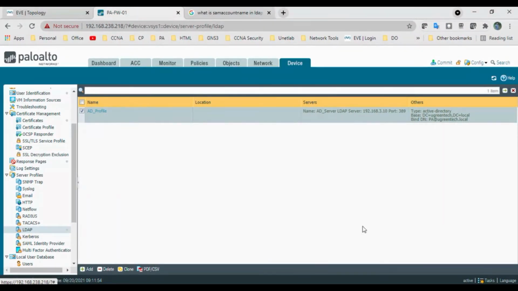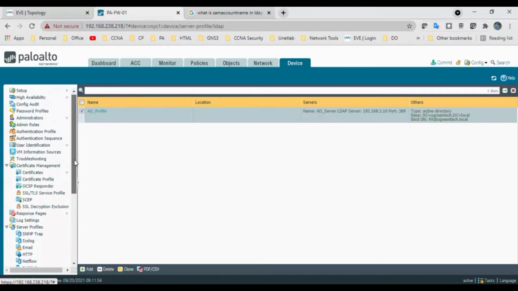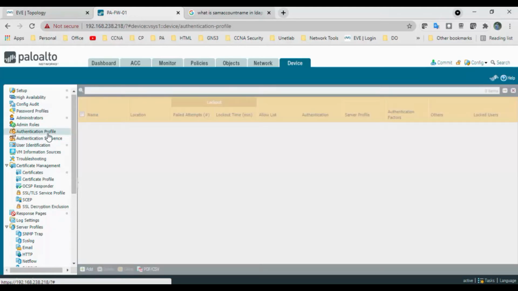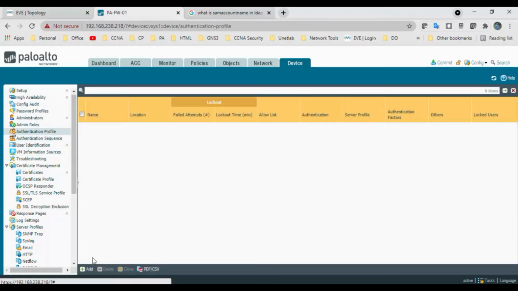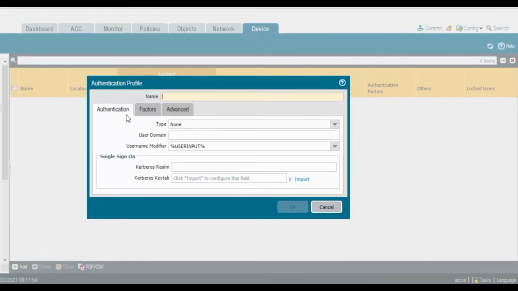Now we will create an LDAP authentication profile to use for authentication. Go to the authentication profile and click on add. You can provide any name, AD auth profile.